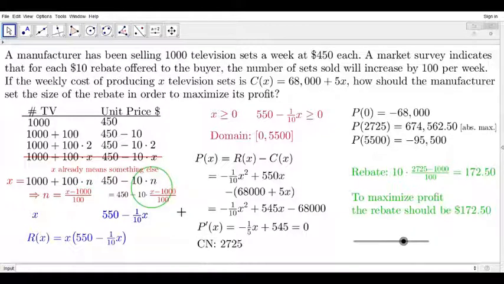And because to maximize the profit, x should be 227.25, plugging it into this expression gives us 172.5. So to maximize profit, the rebate should be 172.50. So the unit price should be $450 minus this rebate. End of problem. However, before I finally let this go, some of you might be wondering whether